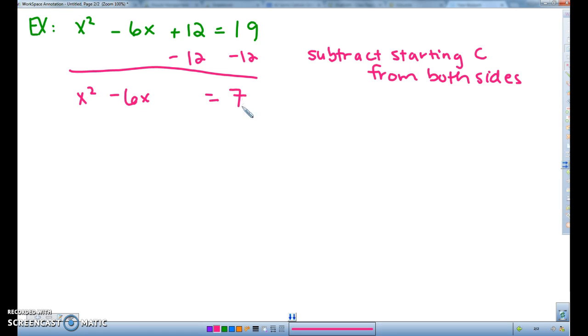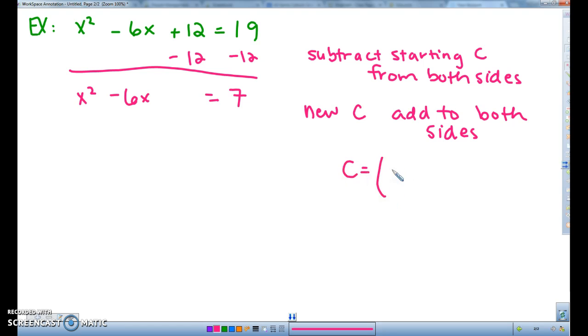Okay, and then I can't factor this yet because I don't have a c, so we're going to get a new c. I'm going to add it to both sides, but I need to know what my new c is going to be first before I can add just a random number. And the idea is that this will factor very nicely into squares and we will be done. So the formula for c is going to be b over 2